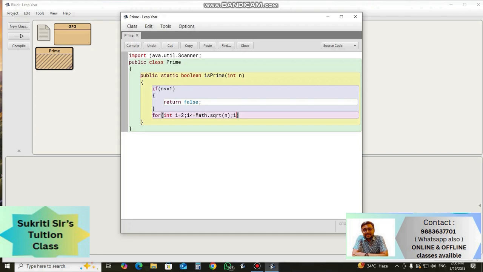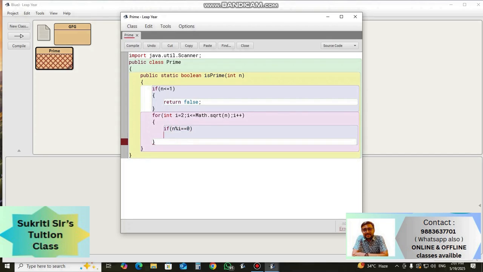Semicolon, i plus plus. So here I am going to check: in this block, if n mod i equals 0, then return false. Because if any number from 2 up to the square root divides n, meaning the remainder is 0,